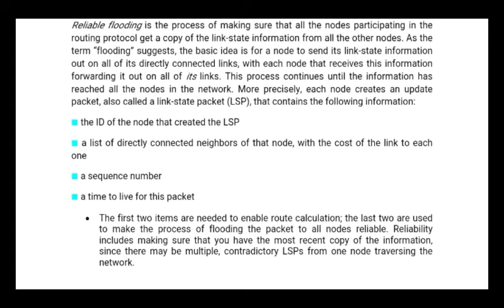This is not present in distance vector, where simply the messages are exchanged. There we see the count to infinity problem. This is one of the problems we have seen in the distance vector routing algorithm. To avoid that count to infinity problem, here they use sequence numbers. And next, each packet also contains the age, or you can call it the time to live, for this particular packet.